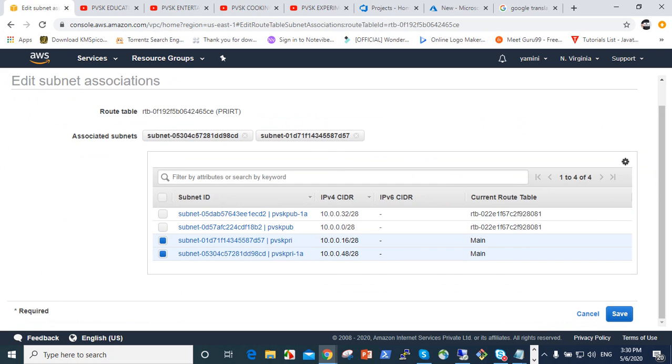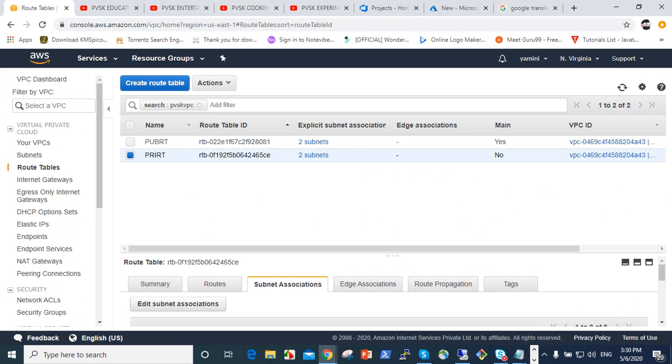Here the main column: yes means it is the default route table, and no means it is a custom route table. So two route tables are made here. This is very useful for attaching subnets. We should know one subnet attaches to only one route table, but one route table can attach multiple subnets. That's why we attach multiple subnets at a time.